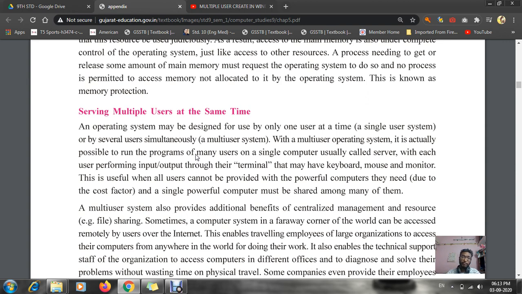This is the best example of the OS having the whole control. That means your operating system will have the whole control of each and every user, and this is the sixth function of your operating system, which is known as serving multiple users at the same time.